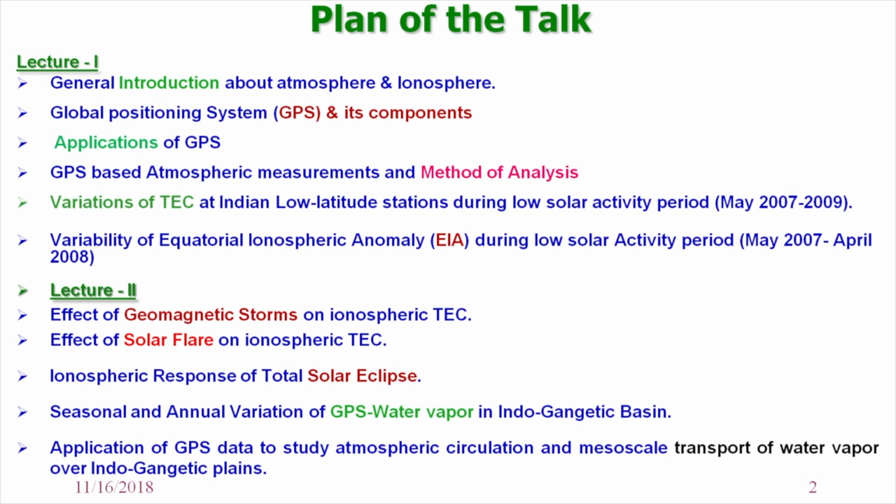So, the first lecture comprises this, and in the second lecture we will discuss applications in space weather studies, that is the effect of geomagnetic storms on the ionosphere. What is the effect of solar flares? Solar flares are very active regions. So, how do they affect our ionosphere and the total electron content? We will study these using GPS measurements. Next, we will study the total solar eclipse. Sometimes a solar eclipse is a very fascinating phenomenon. We will discuss the response of the ionosphere during this total solar eclipse,